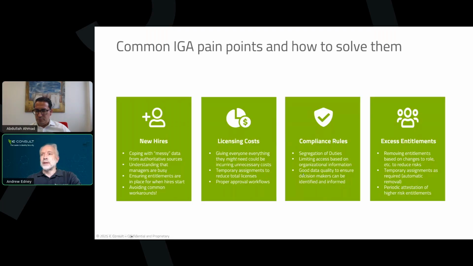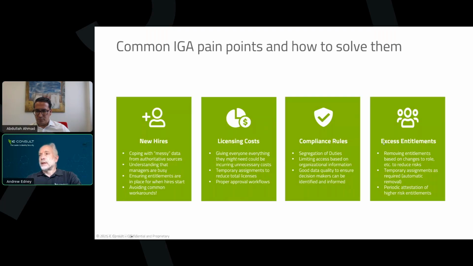It can collect it together, it can prepare reports, and it can then inform people of things that they need to change or things that they need to do. If you have a lot of people requesting access because they don't have it, a lot of people saying, well, I need this license temporarily, and then I need it again, and then I need it again, maybe you need to review the license costs. So data quality is a key thing across all of this. And that's something that the product does really well.